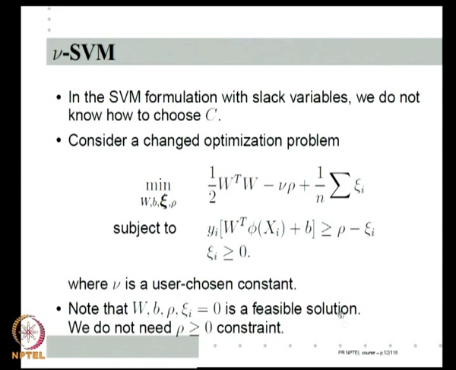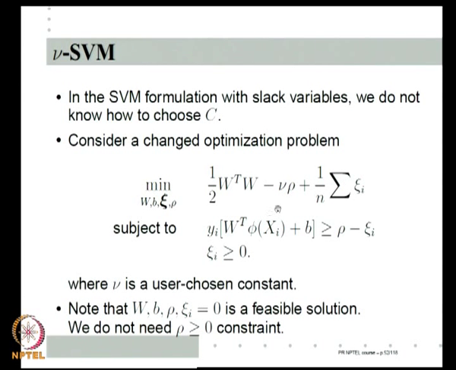This optimization problem is very cleverly chosen. Given this problem, if all components of W are equal to 0, b equal to 0, all components of xi equal to 0 and rho equal to 0, those are my optimization variables, all 0 is a feasible point, because it satisfies all the constraints. Because all 0 is a feasible point, and at that point the objective function has value 0, the actual minimum cannot be positive, because I already know one feasible point at which the objective function has value 0. No strictly positive value can be its minimum.